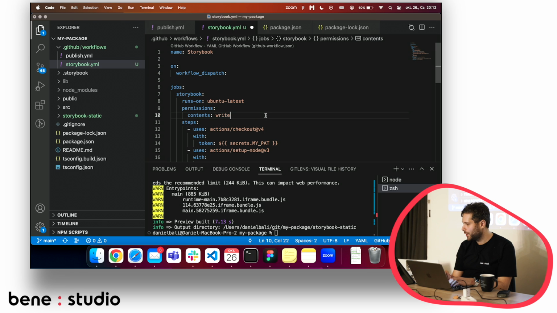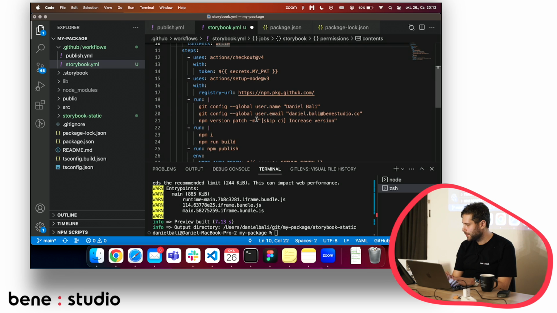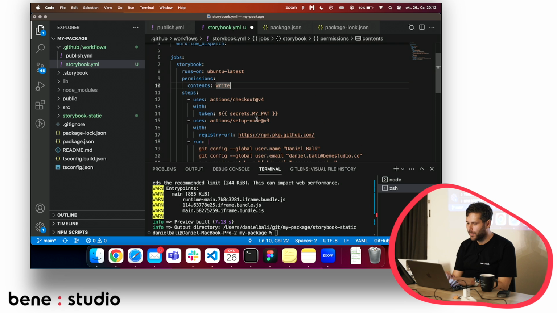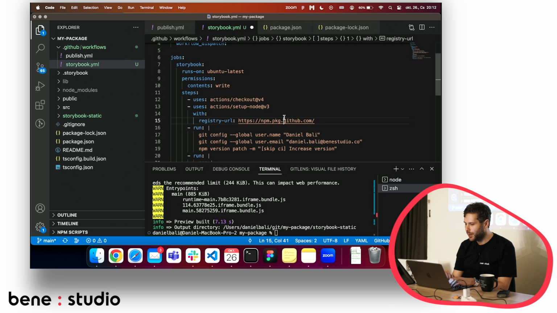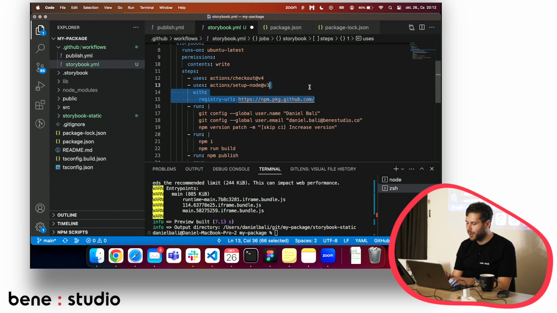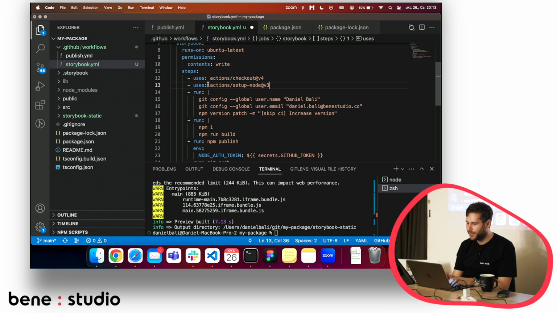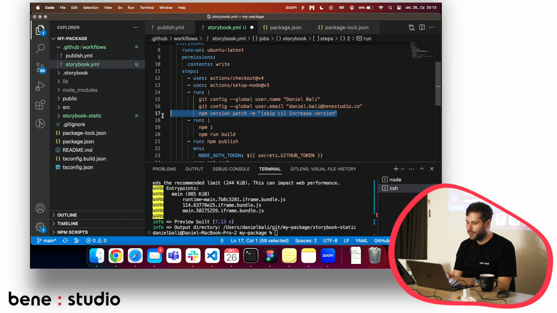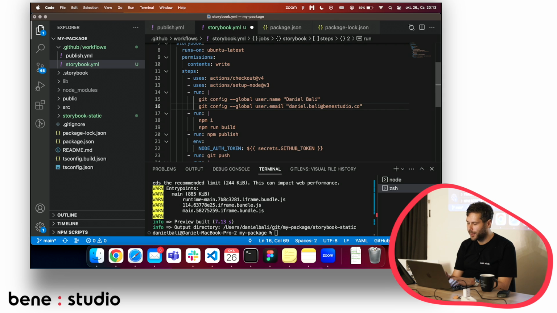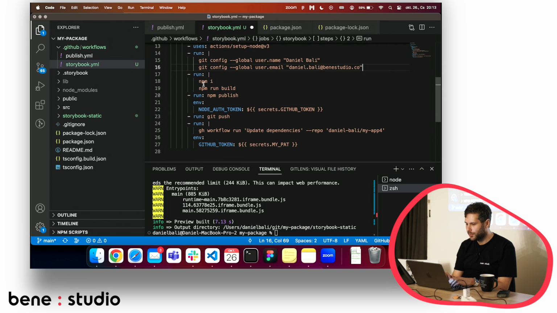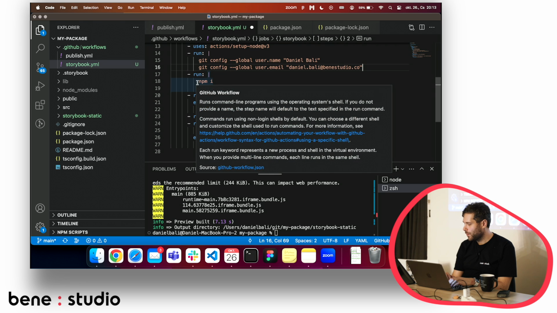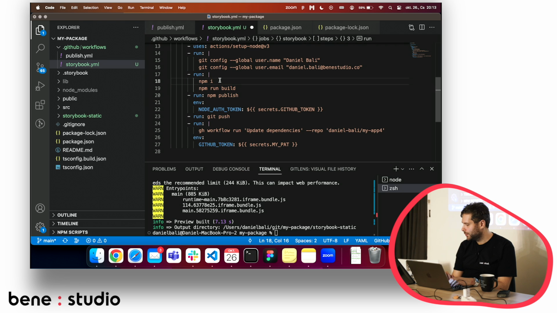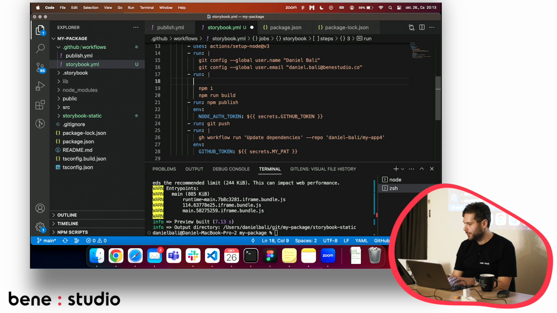We only need to write to the content. We also don't need the registry URL, so you can remove that also, like last time, for the setup node. We also don't need the version patch, so please remove that as well. And before we install, we need